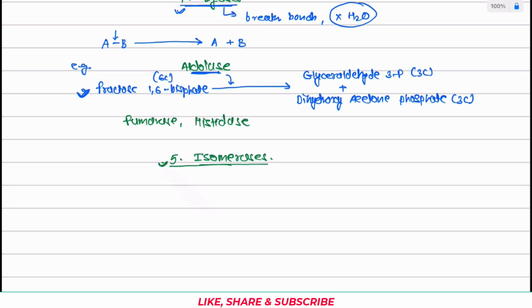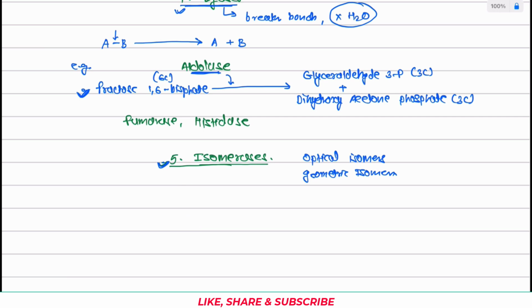So what does this class of enzyme do? They just do a molecular rearrangement. They convert one isomer into another isomer. So they can create either optical isomers or geometric isomers, right? This class of enzyme causes interconversion